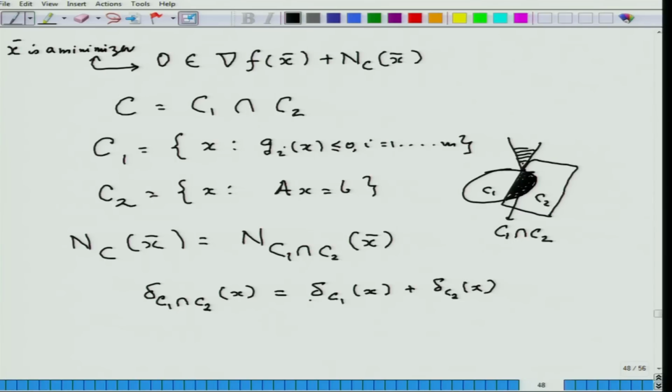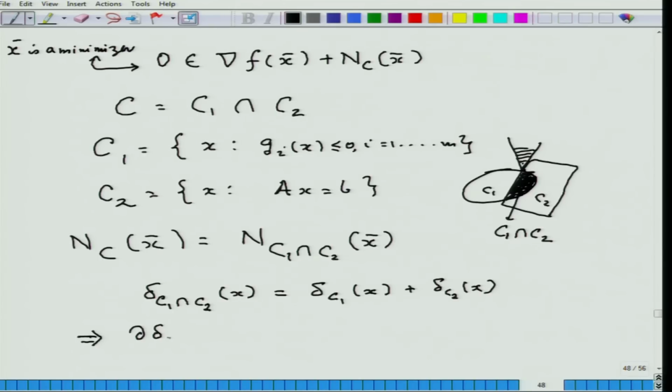So, the equality holds. Suppose x is in C1 but not in C2, then x is not in C1 intersection C2. So, this would be infinity. x is in C1, so this would be 0, but this would be infinity, but 0 plus infinity is infinity by our law. So, this inequality holds. Now, this means